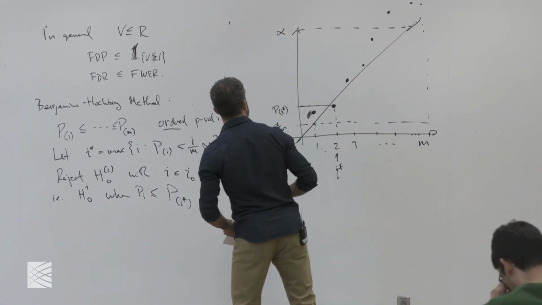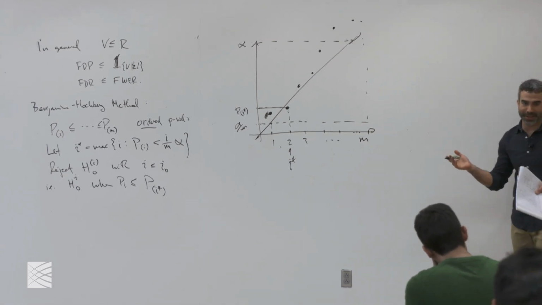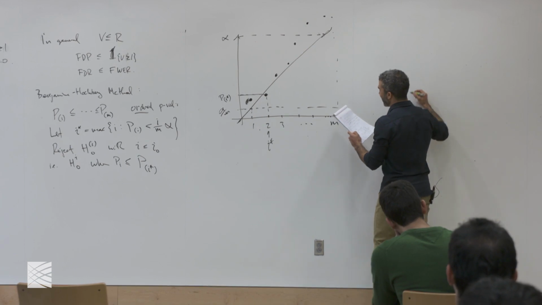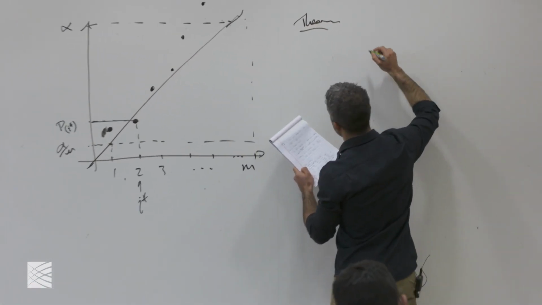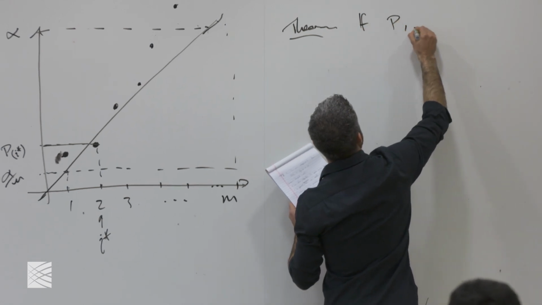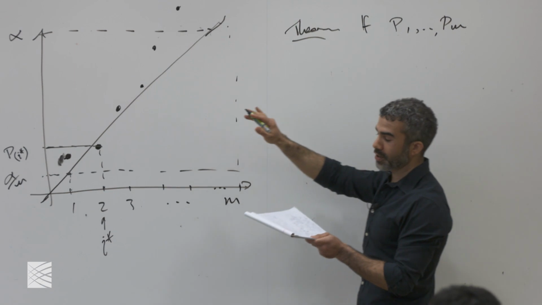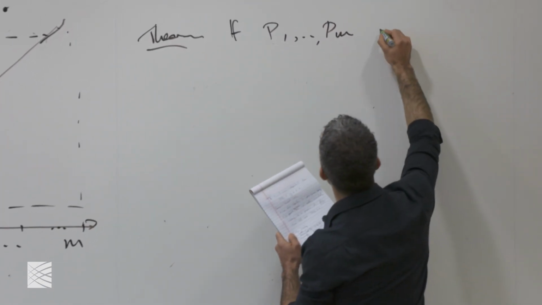And then what are the results? I said I wasn't going to prove anything. I actually haven't claimed anything. But now I'm going to claim things. So theorem, this is from the original paper. If the p-values are independent, and they won't be independent once you order them. Order statistics are not independent, they're ordered. But if the original p-values are independent,